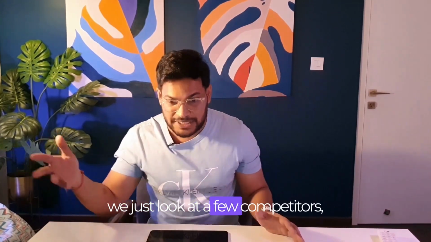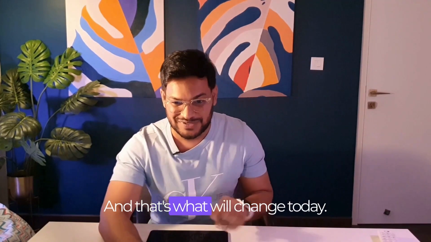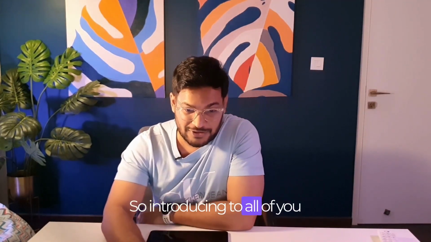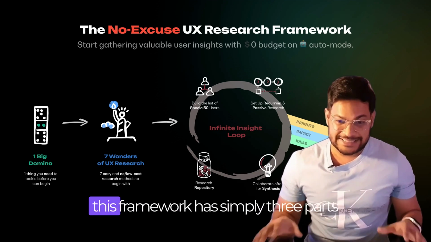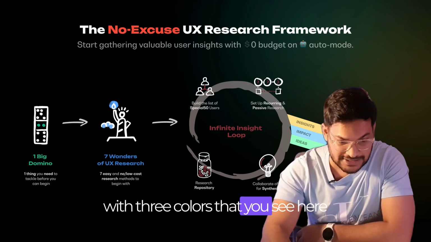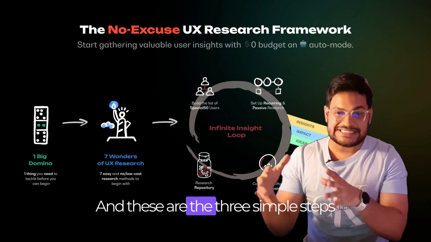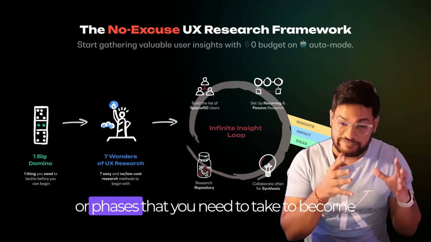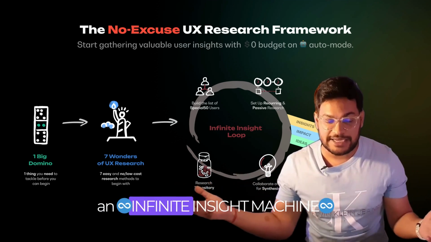We just look at a few competitors, we just look at the market, and that's the end all and be all. And that's what will change today. So introducing to all of you the no excuse UX research framework. This framework has simply 3 parts that I've indicated with 3 colors that you see here: green, blue, and red. And these are the 3 simple steps or phases that you need to take to become an infinite insight machine